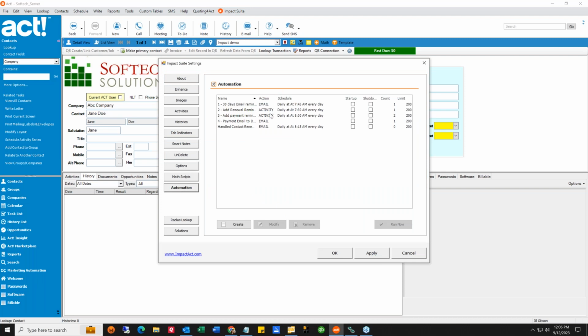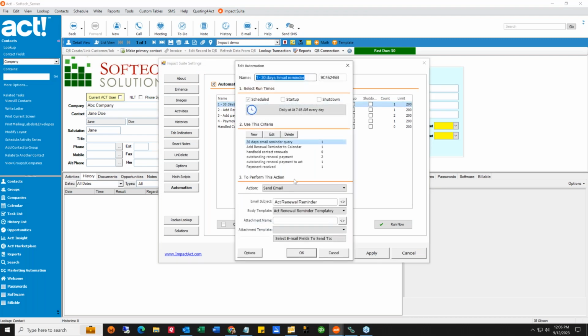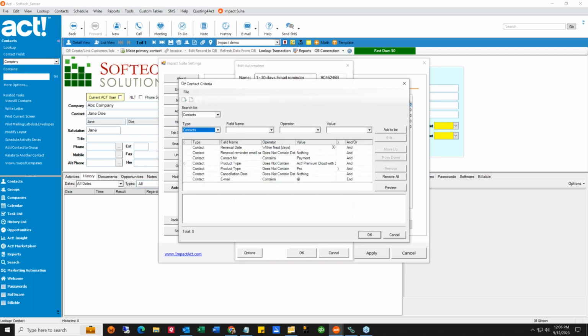So what I want to show you as far as automation is, if I go here, I've got a couple things going on. So the first one, you can see it's a 30-day email reminder. So I'll open that up, and you can see that this is the query. I will open that up, and you can see renewal date within 30 days, renewal reminder email not containing data, which is important because if I didn't have anything